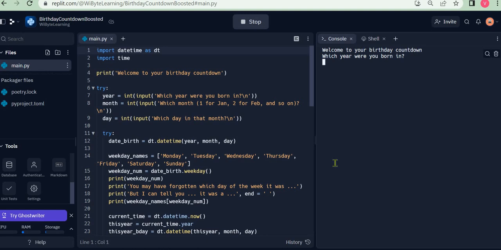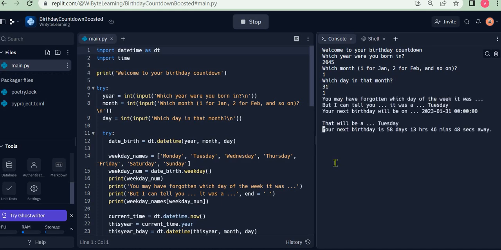My user tries to act smart and gives me a date in the future. So when I ask which year were you born in, it tells me, for instance, let's say I was born in 2045 on, let's say, January 31st. Now, clearly this date has not yet come, but unfortunately our program will still go through and it will tell